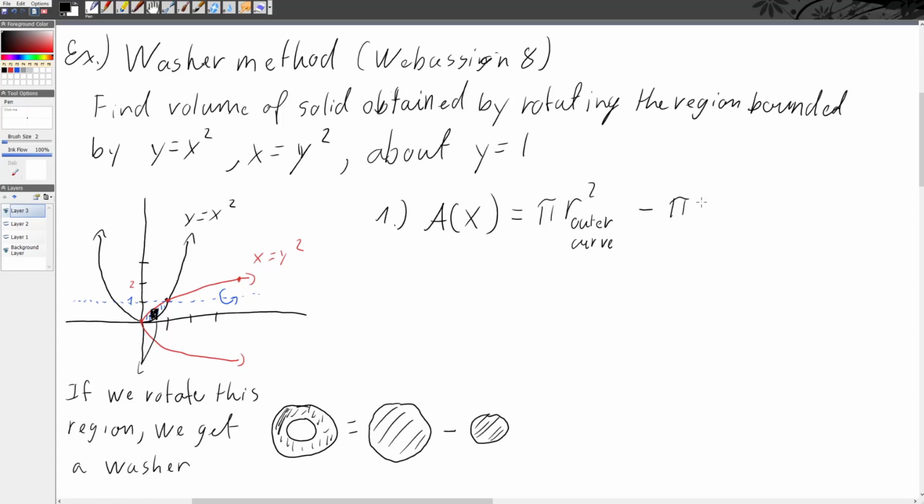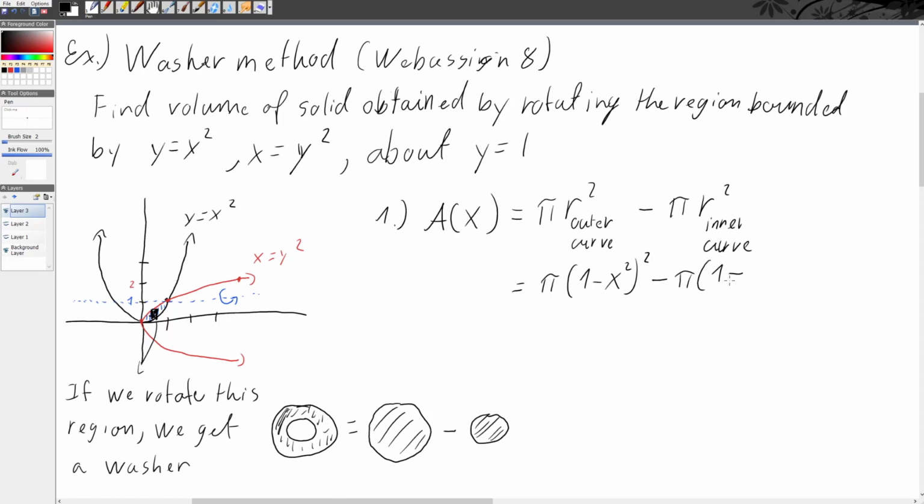Minus the area given by the inner curve, the curve closest to the axis of rotation. In this case, it's pi. The area of the outer curve is going to be given by, and the area of the inner curve is going to be given by pi